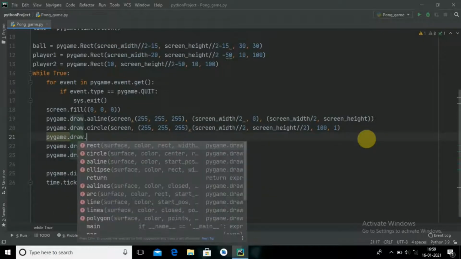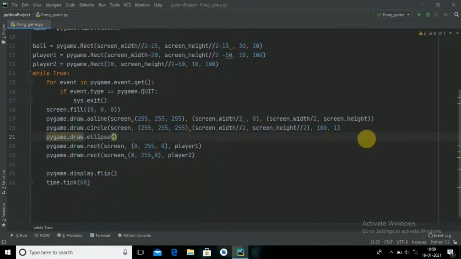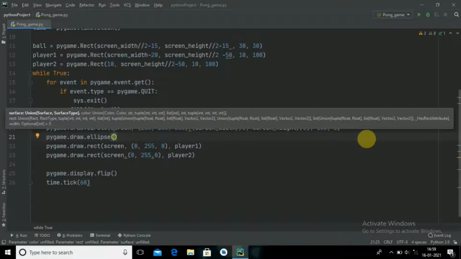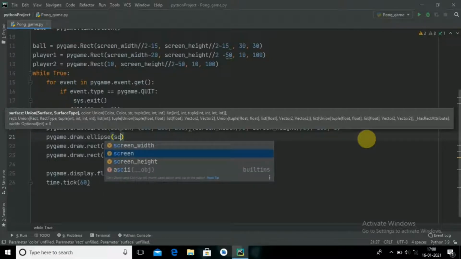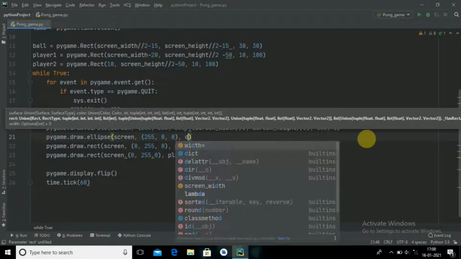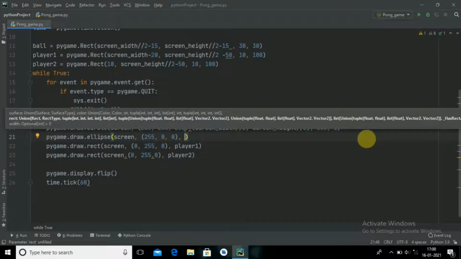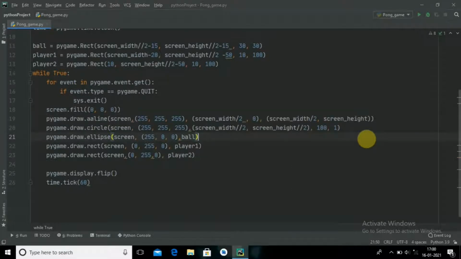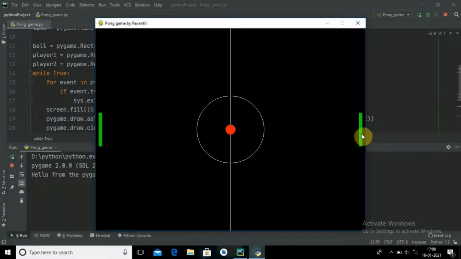Pygame.draw that ball. For that I'm using ellipse. In that ellipse I have to give certain parameters: the screen and the color, 255, 0, 0. This will be my red color. Then as usual the ball rect, so ball. That's it. When I run this, here you go, this is our ball, player 1 and player 2, but there